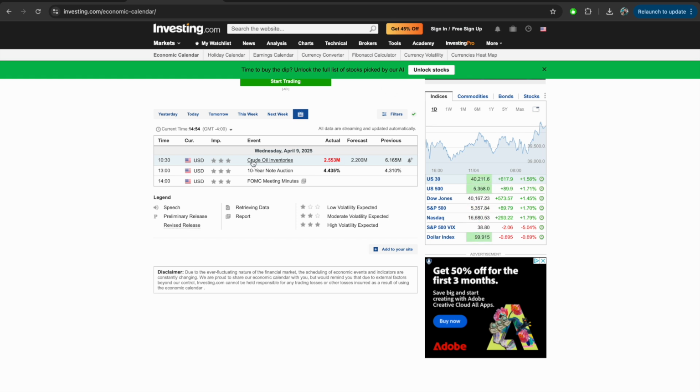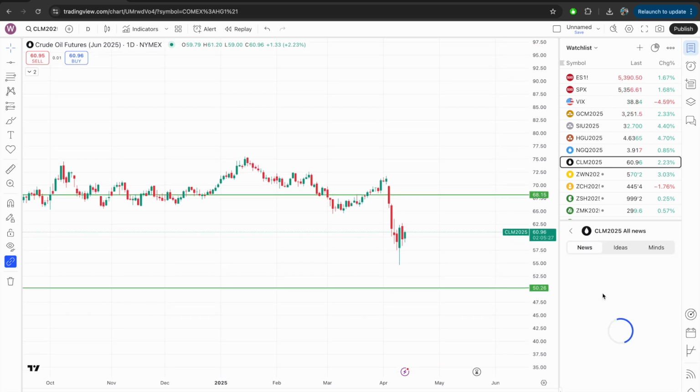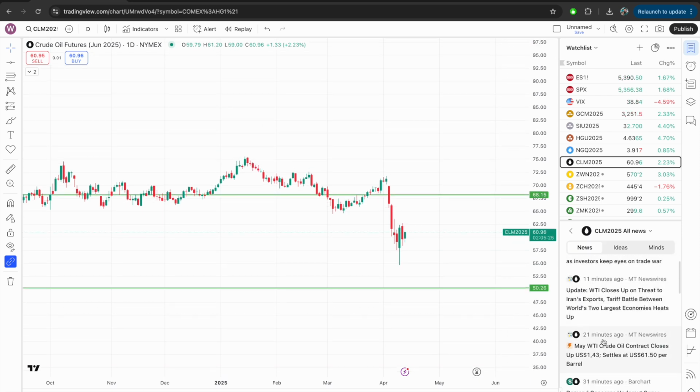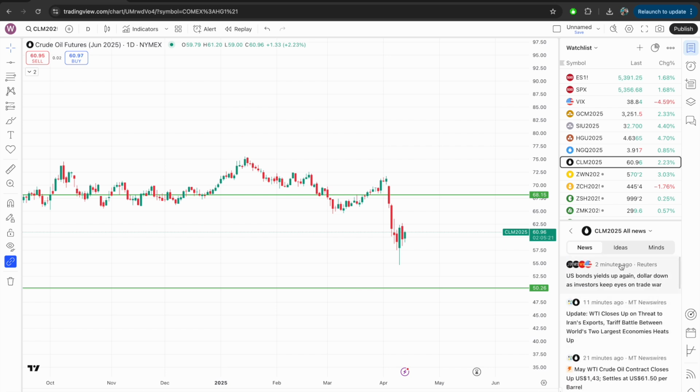But this is the only report I look at for crude oil, and obviously sometimes there are yearly reports from OPEC and stuff. So I always go to the news and read it, and if there's a major report coming up, you can look it up over here, or just Google the next big OPEC update or the previous update for crude oil, which is important because OPEC really controls the price of crude oil.